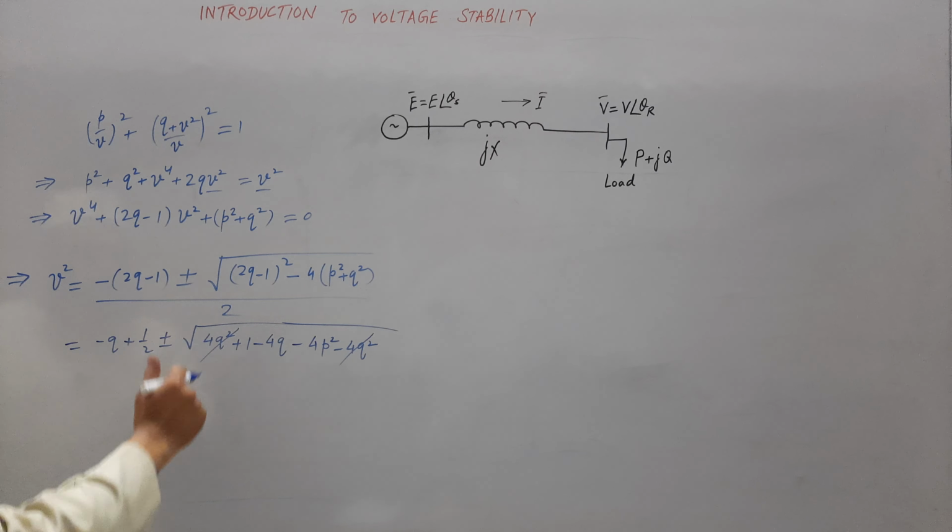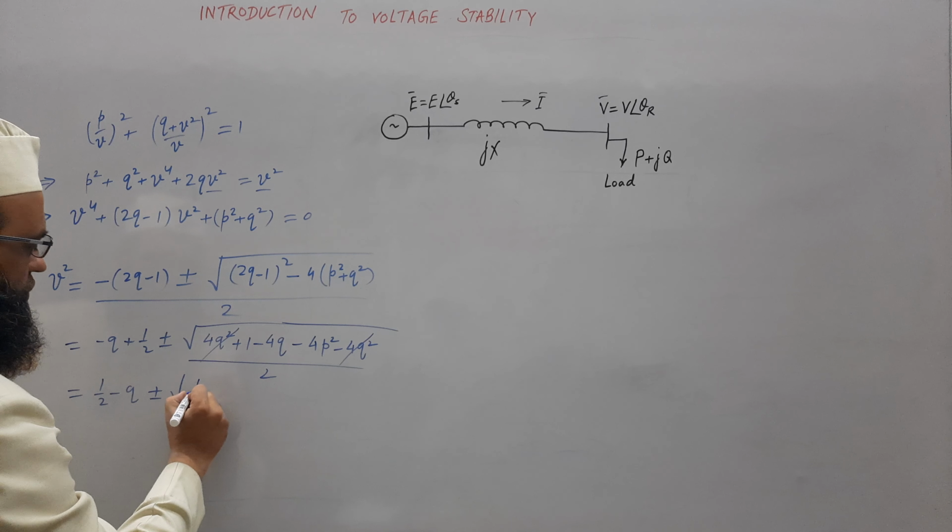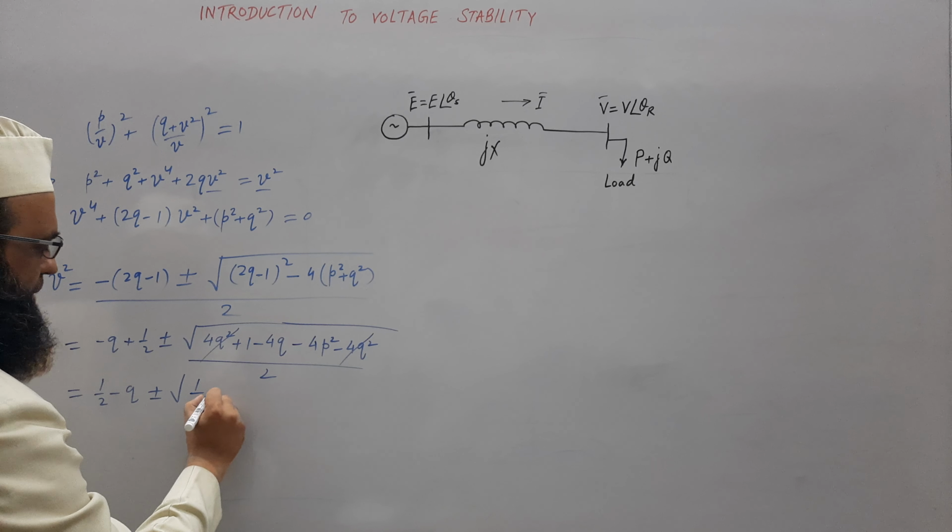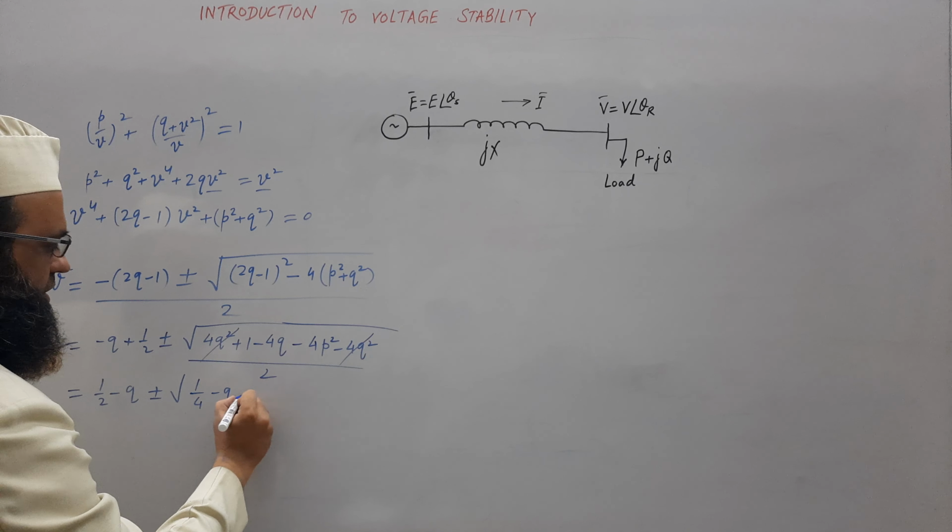So we may write this is equal to half minus q plus minus under root. If we will take 4 common, that will be 2 and 2 will get cancelled with this 2. So directly I am writing 1 by 4 minus q minus p square. Fine. So this is V square. So positive real solution of V will be, therefore V is